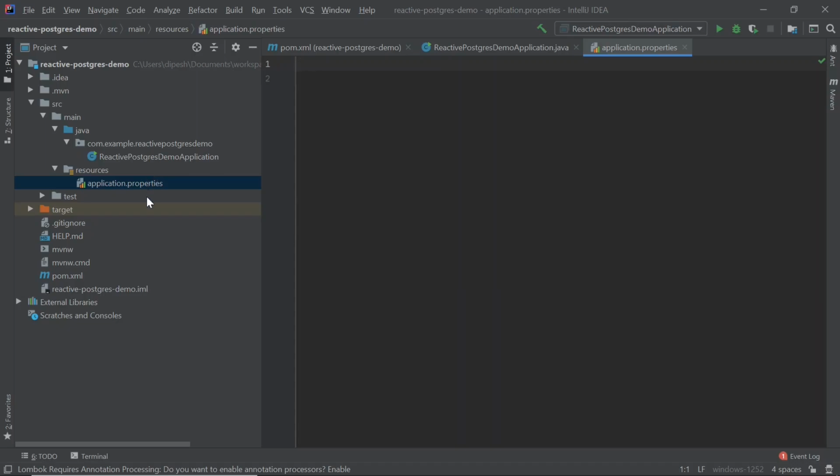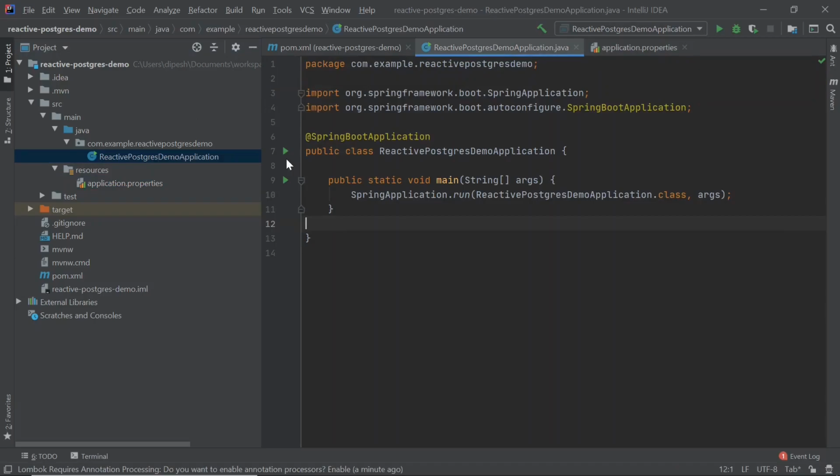So now what we need to do is connect to our locally running Postgres database. I'm going to add those properties here. I'm simply going to paste three properties. These are URL, username and password. The URL is pointing to the locally running database that is running on my machine. The username is postgres and the password is the default password, which is changeme. Now I'm going to simply try to run this application, and this time it should run.